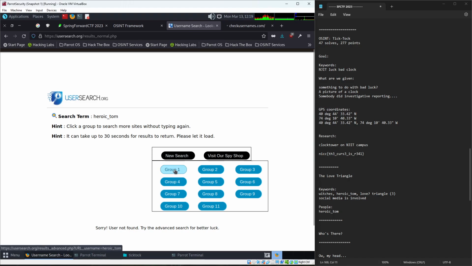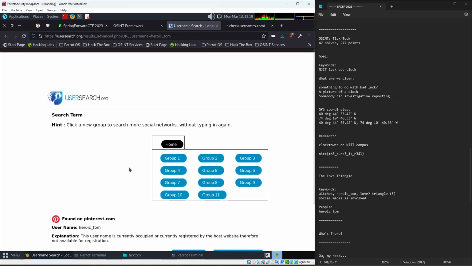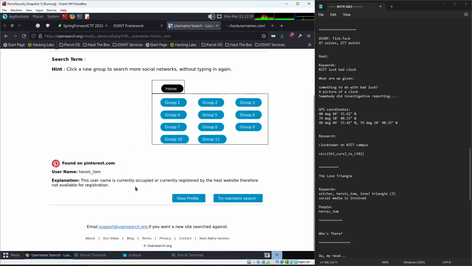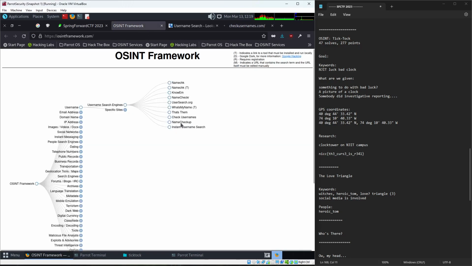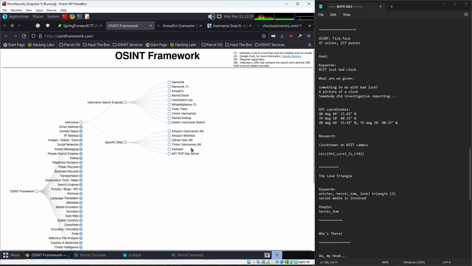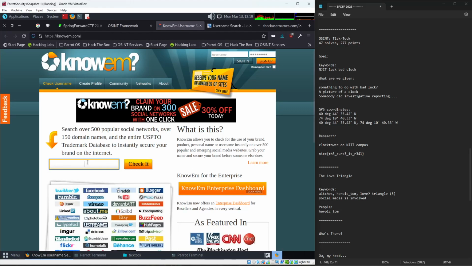Click any group. Okay. Group 1, I guess. And we're going to say know 'em. We can go to specific sites too, but interesting.